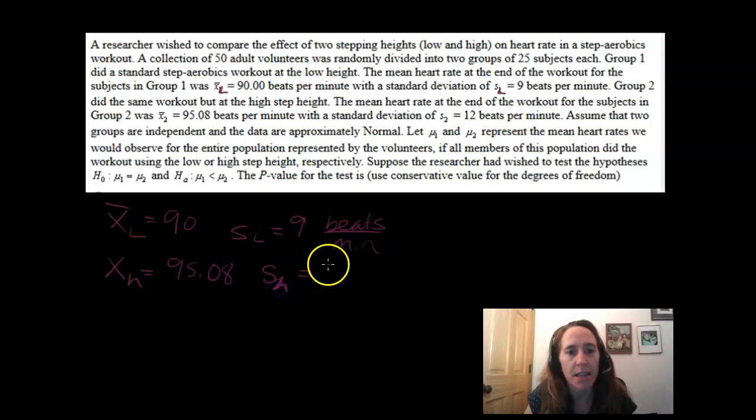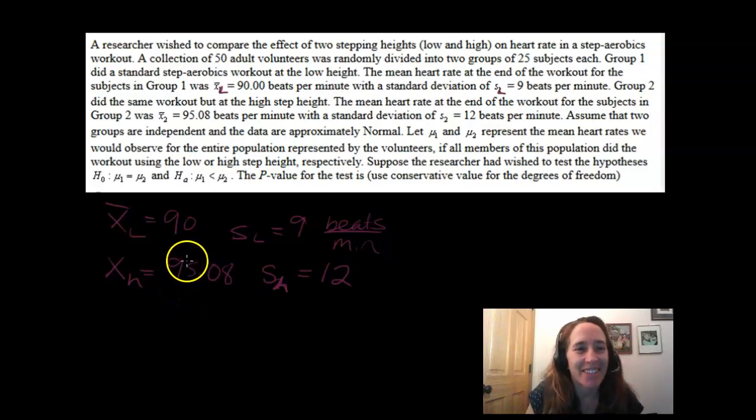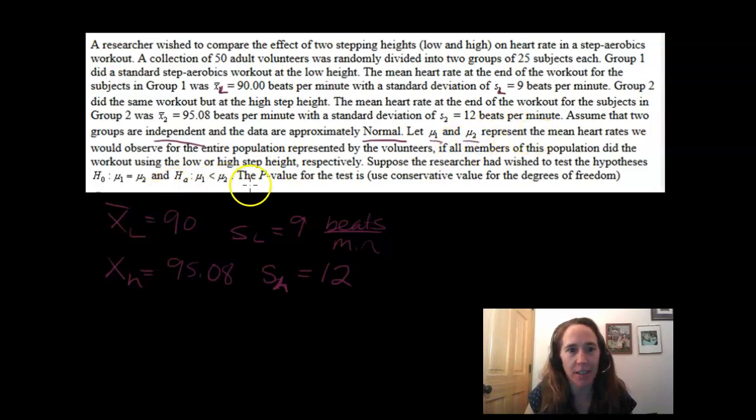I just sometimes like to use the letters because then I don't forget what I'm talking about. The high step, the low step. Okay, so assume that the two groups are independent. We like to know that, and that the data are approximately normal. That's good too. Remember, this is going to represent the entire population of volunteers that do high step and low step. And then suppose the researcher had wished to test this hypothesis, so that our null hypothesis,